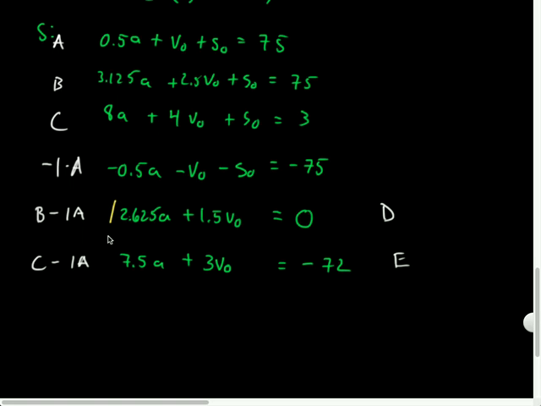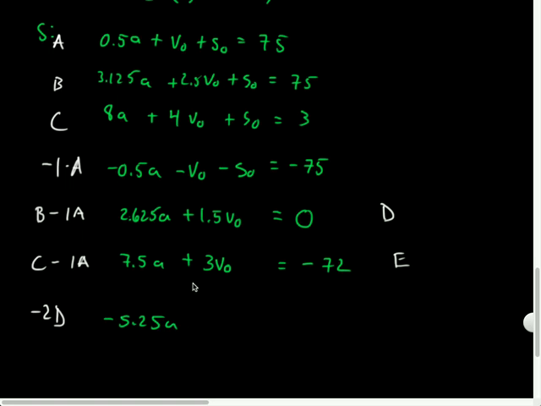Let's see, does anyone know what number these two both go into? I don't feel like figuring that out. But I do know these ones, 1.5 and 3. I think I'm just going to multiply this top equation by negative 2. I think that's doable. Am I right? So you could write your work that way, or I'll just write negative 2d as my next line here. So let's see, 2.625 times negative 2 is negative 5.25